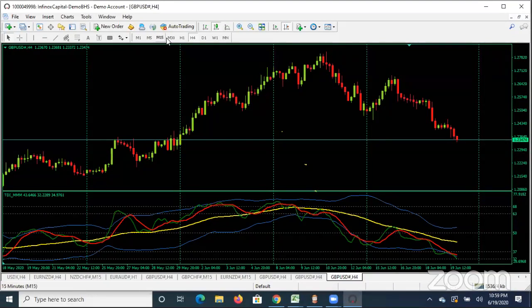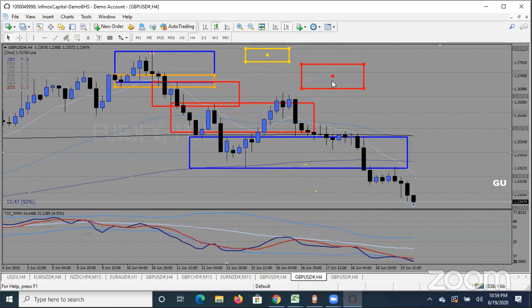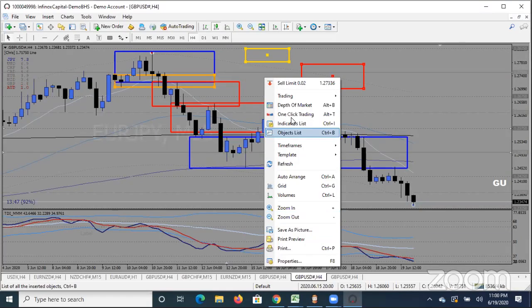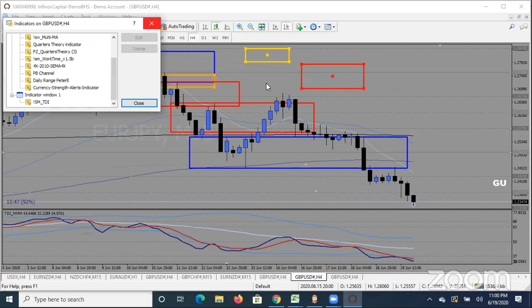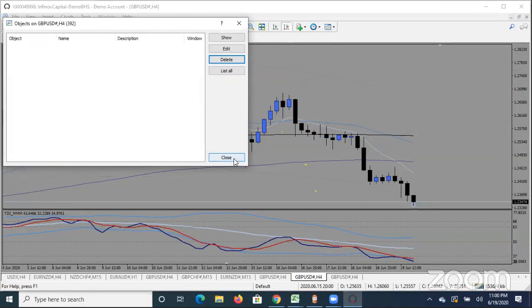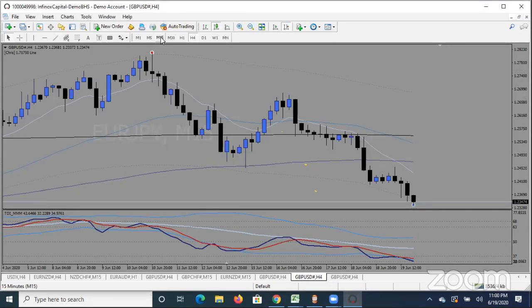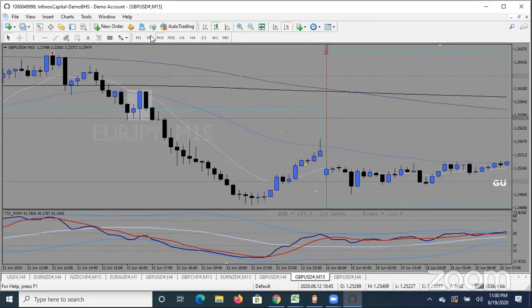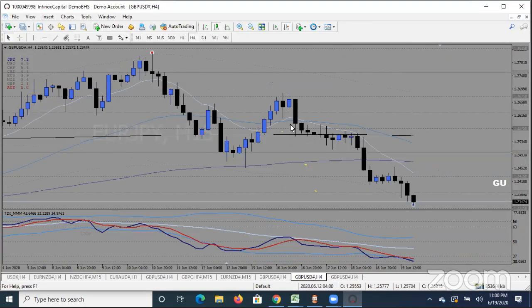So if we go back to GBP USD on this particular day, and that's here, let's take out all of these things. Indicator, sorry, object list. Let's take out everything here. Now we have our BTMM moving averages. Let's go down to 15 minutes. What date was that again? June the 16th. We'll go back to 15 minutes